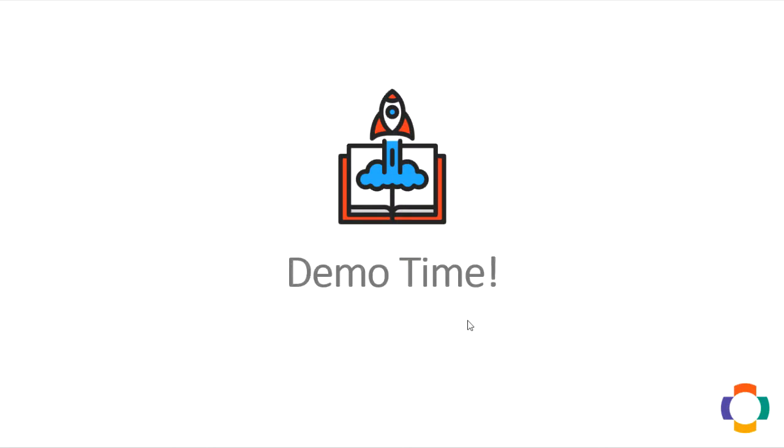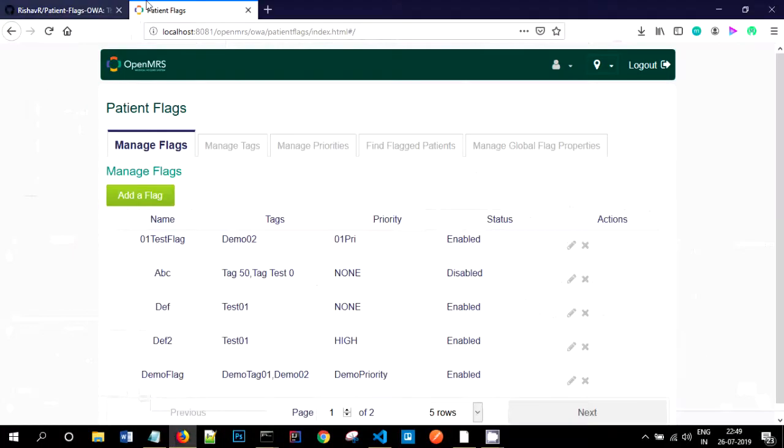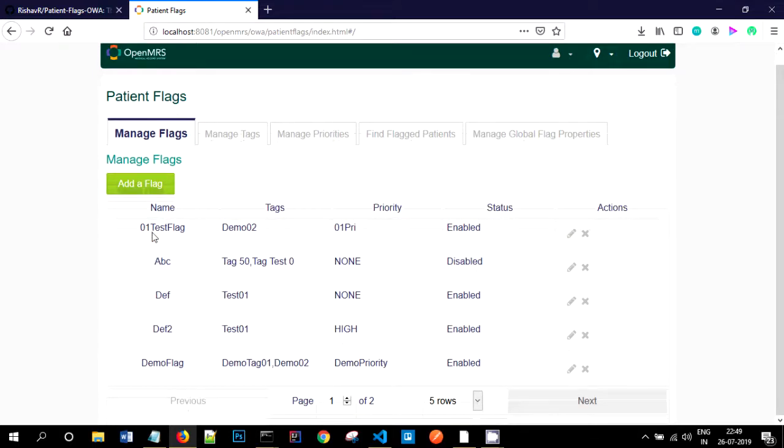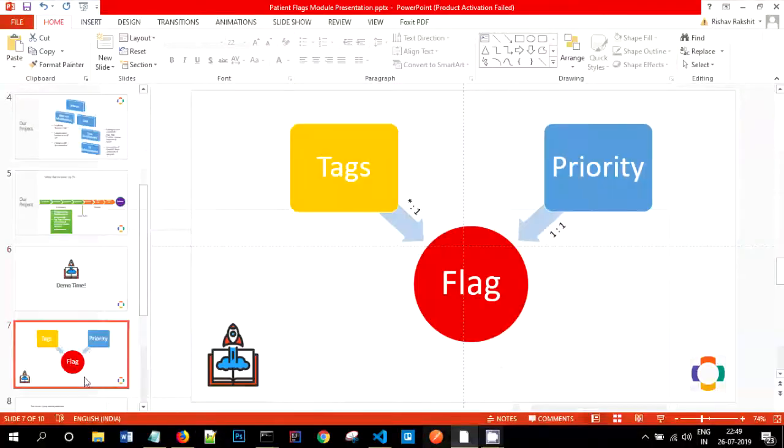Now we'll quickly head off to the demo in our browser. As you can see, we have the application opened up in our browser already, and this has all the tabs. You have the Manage Flags tab, the Manage Tags, Priorities, Patients, Manage Global Properties, etc. Now, before diving into how these tabs look, we really need to understand what a flag, tag, or a priority is. So if we just head back to our PPT,